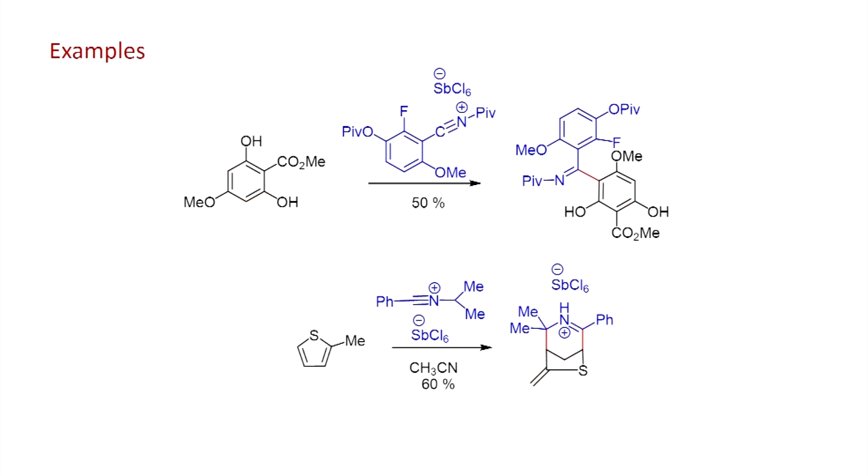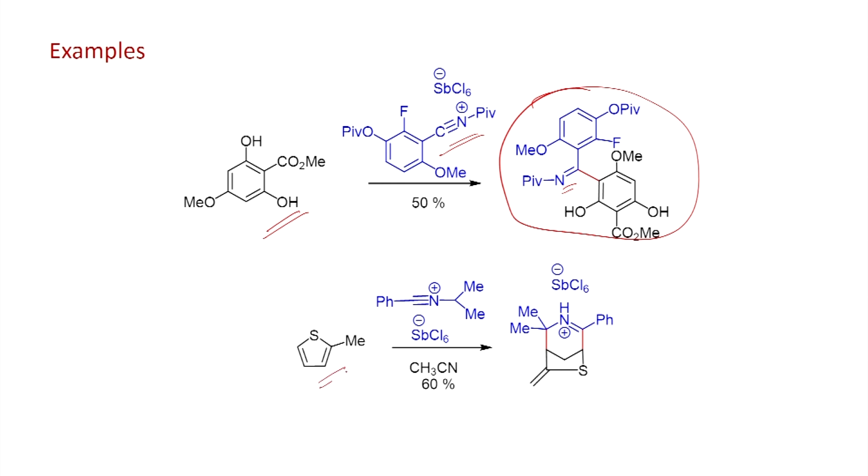Here some examples are shown, and you can see this salt can readily undergo reaction with this polyhydric phenol derivative. It can undergo an addition reaction, and you will be able to have this imine as the intermediate. Depending upon the reaction conditions, you can further react it with acid to convert it into the corresponding ketone, and this is also a very useful intermediate. You can do further reactions to get useful compounds.